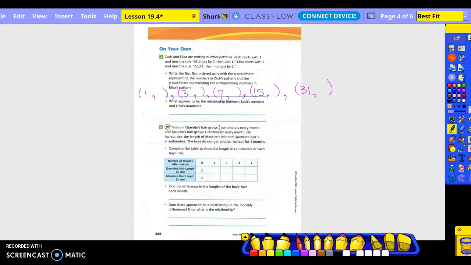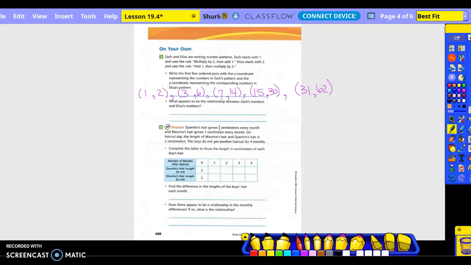Okay. All right. Eliza starts with 2 and uses the rule add 1 and multiply by 2. So 2 plus 1 is 3 times 2 is 6. 6 plus 1 is 7 times 2 is 14, plus 1 is 15 times 2 is 30. 30 plus 1 is 31, and then multiply by 2 is 62. So what appears to be the relationship between Zach's numbers